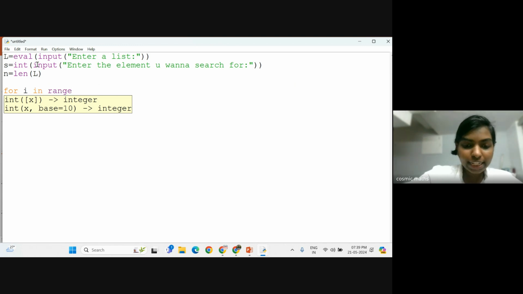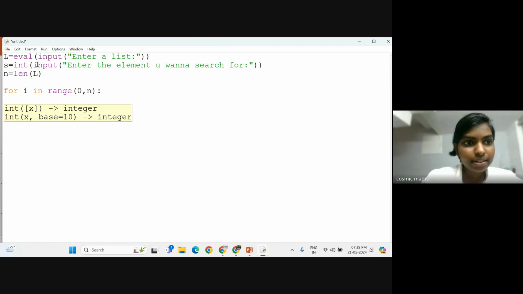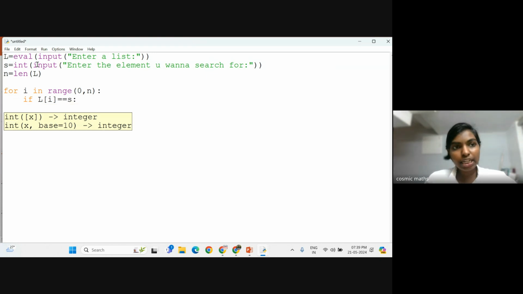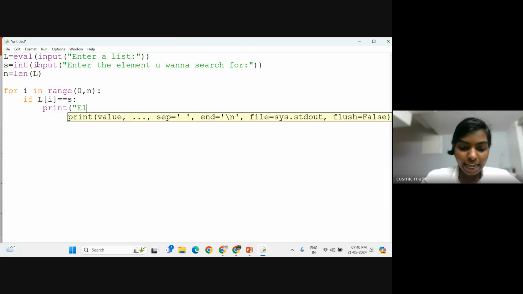For I in range, you want to see this is the linear search we're doing. For I in range 0, n, where I takes up values from 0 to n minus 1, right? Then for each of these elements, we'll be checking whether each of the element is equal to S. Now, if the element is equal to S, we'll be printing element found